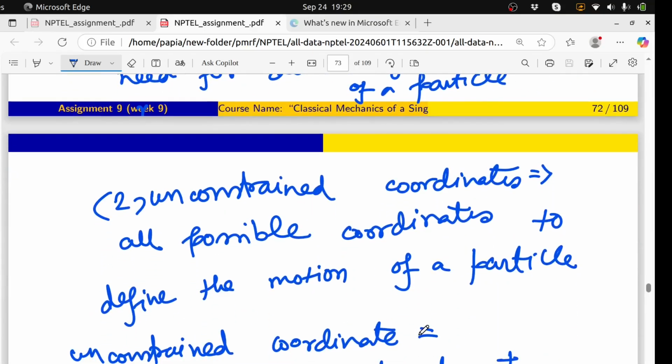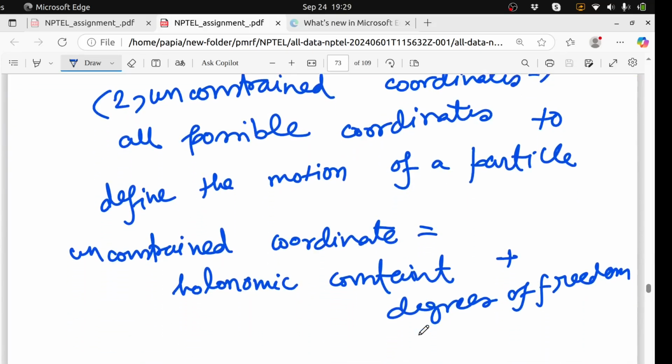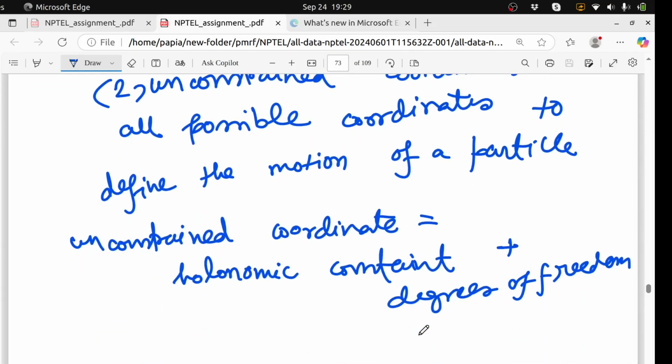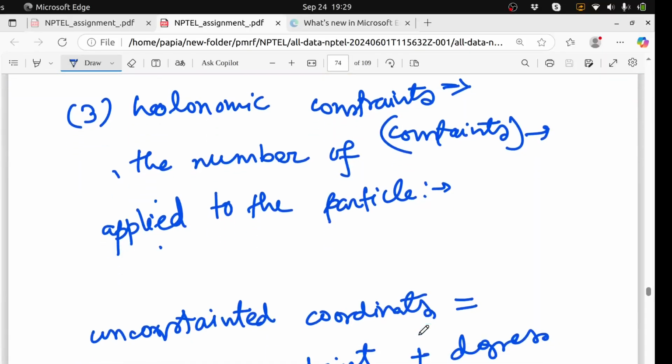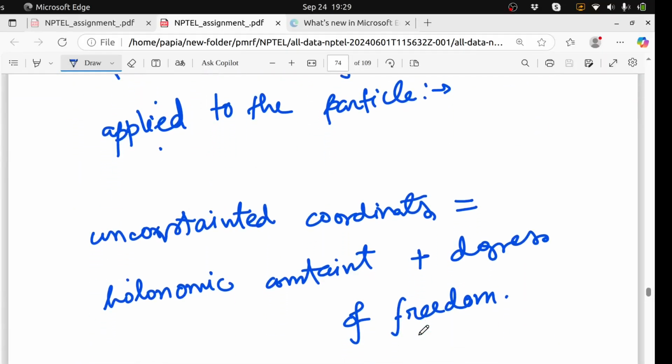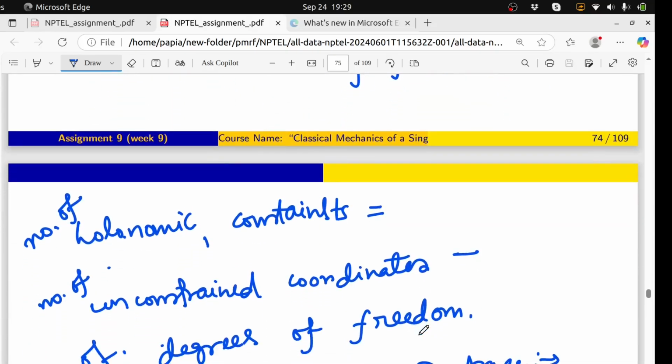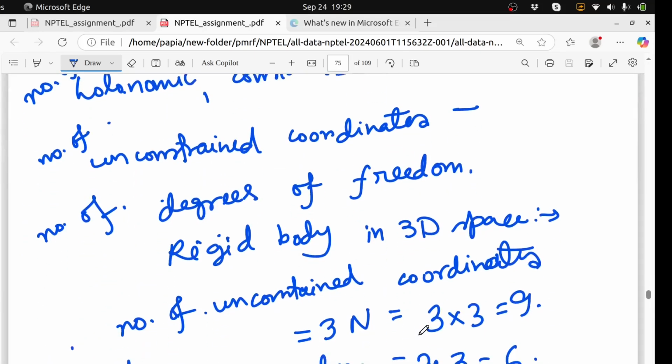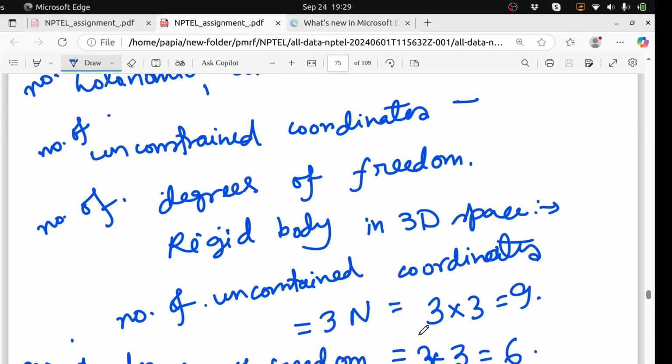Moving to the unconstrained coordinates: all possible coordinates to define the motion of a particle. So unconstrained coordinates means the holonomic constraints plus degrees of freedom. And what is a holonomic constraint? The number of constraints applied to the particle. So we can see that the number of holonomic constraints equals the number of unconstrained coordinates minus the number of degrees of freedom. So for a rigid body in 3-space, the number of unconstrained coordinates is